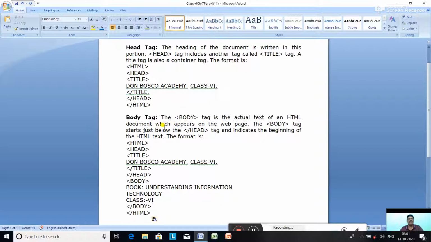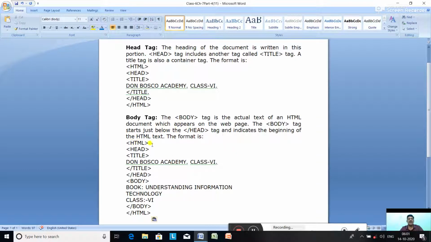Okay. Next is the body tag, and the body is the actual text, the actual document what is going to be printed on the screen, on the web page. So the body tag is the actual text of an HTML document which appears on the web page. Whatever you write under the body, that will be displayed on the web page. The body tag starts just below the head after closing the head.